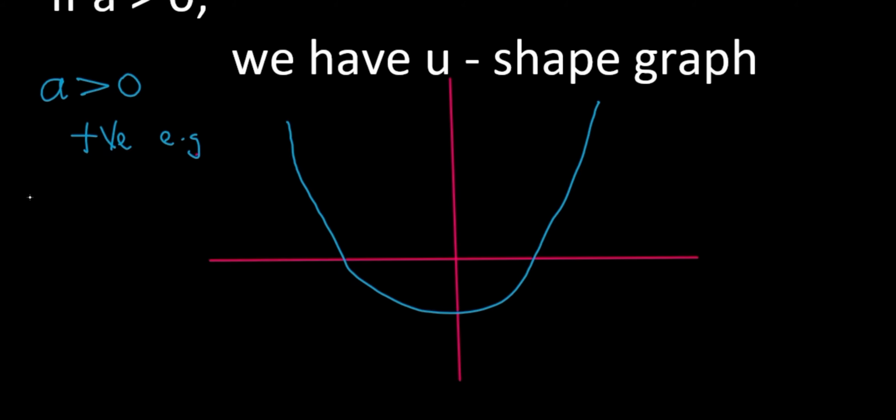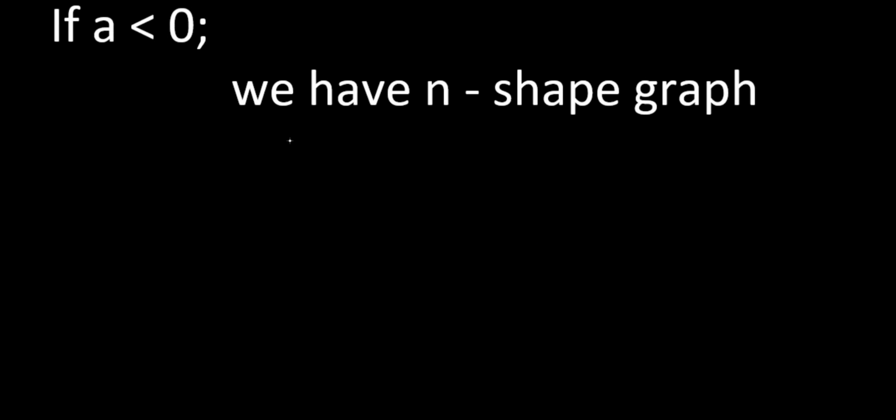So looking at this example, we'll say that the coefficient of x squared is positive there. So we have a U shape, which is 1. The coefficient of x squared is 1. Okay, looking at another one,